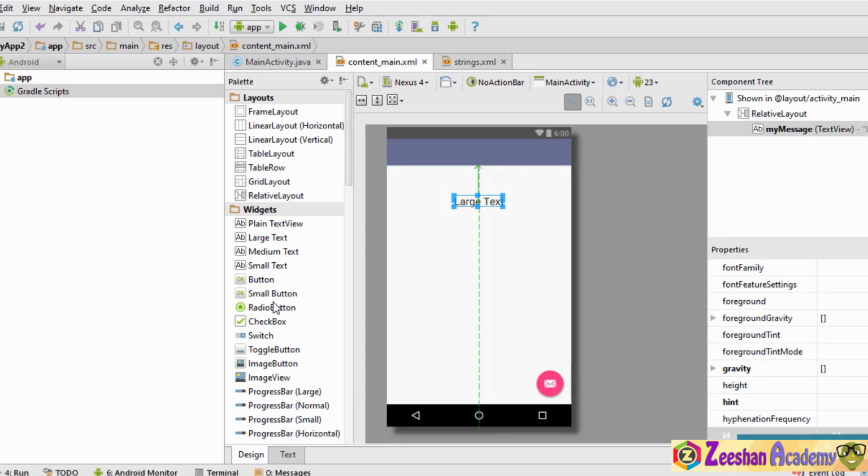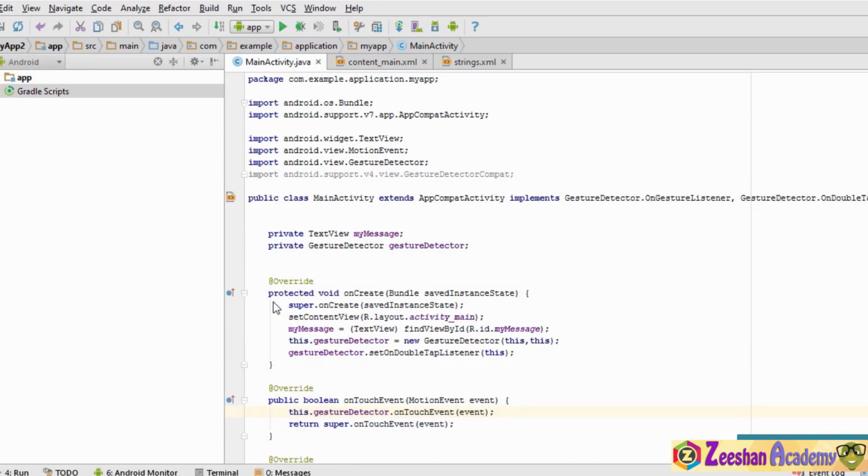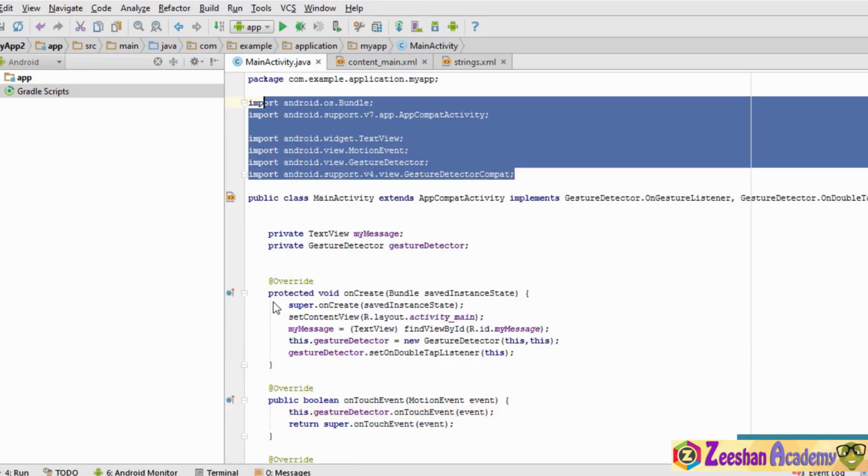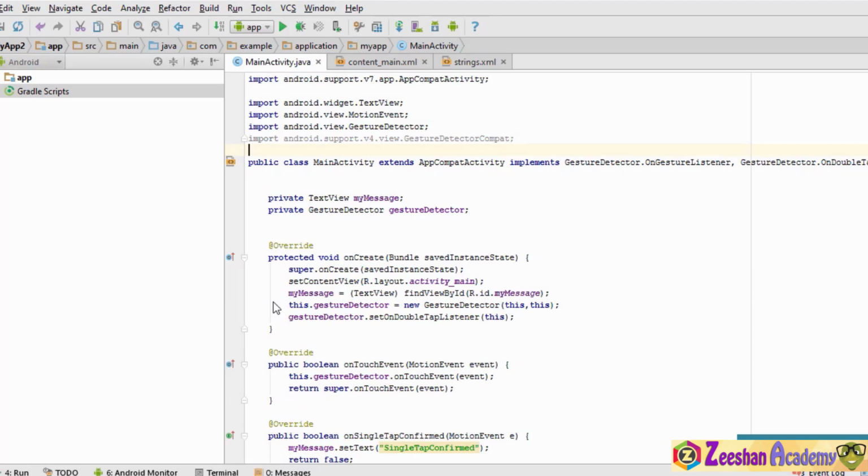After this, we went into the MainActivity.java file and imported certain packages which we were going to need. The next thing we did was use this implements keyword, which is basically used when we want to implement certain methods from other classes or interfaces. For example, in this case, we wanted to detect gestures, so we used the gesture detector. And inside gesture detector, we used the OnGestureListener. This is basically an event handler for gestures. We have also used the DoubleTapListener so as to detect the double tap.